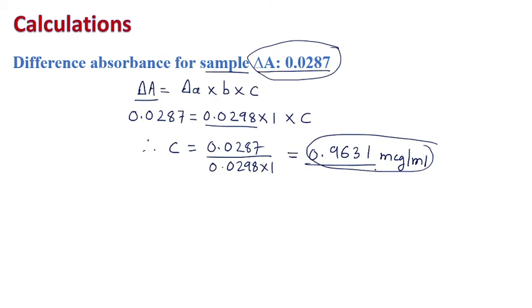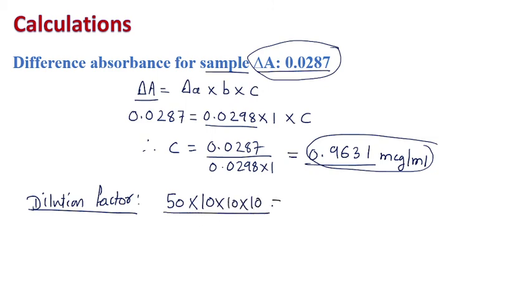So what we have to do is find out the dilution factor. How to calculate the dilution factor? We have taken powder equivalent to 50 mg and diluted it to 50 ml. So the first dilution we made is 50 ml. You can see the back slides and get an idea about that. After that we did 3 dilutions: 1 ml from 50 ml diluted to 10 ml, again from that 1 ml to 10 ml, and 1 ml to 10 ml. So 10 times we diluted there. So this is the dilution factor. If you solve this, it will be 50,000 times.